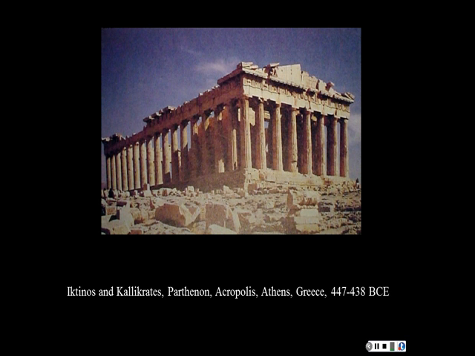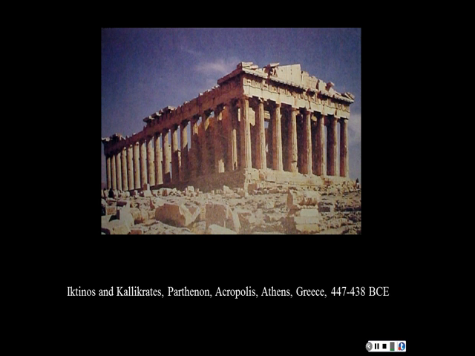Basically, this breaks down to mean that they have 8 columns along the front, 17 along the sides. And this formula is used throughout the temple. The columns, as you can see, are now slender, no longer squat,